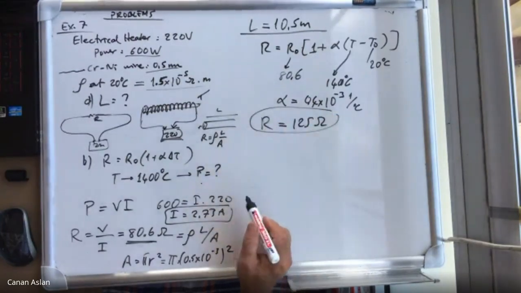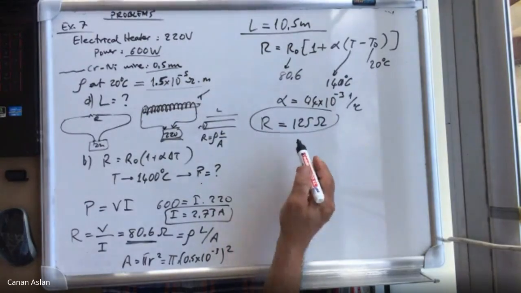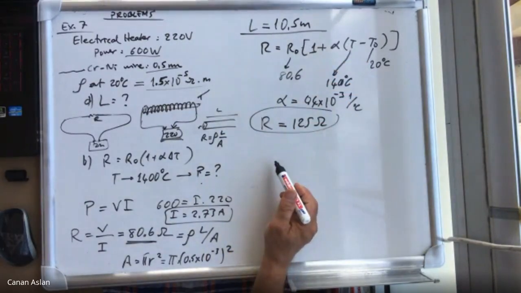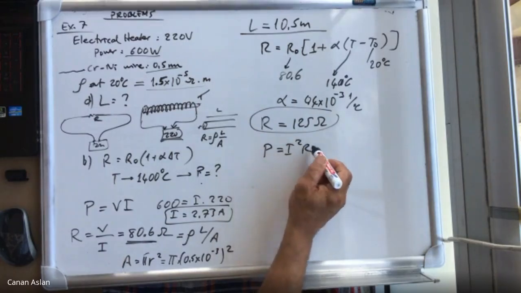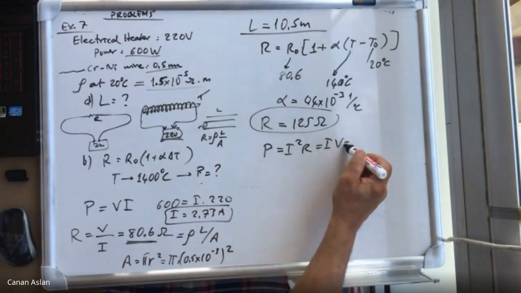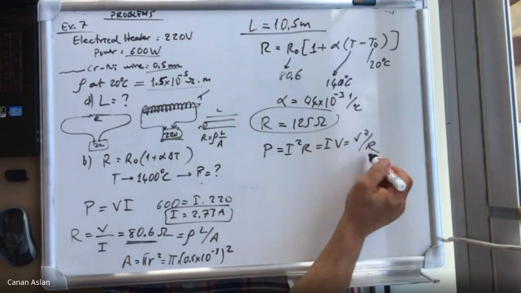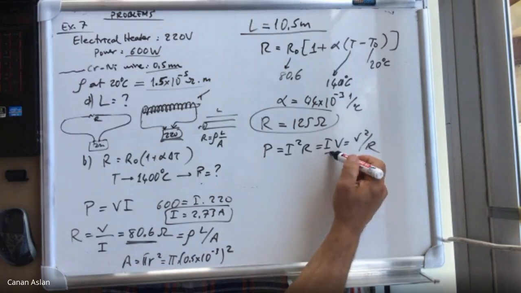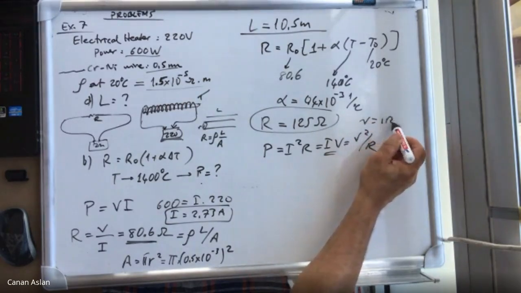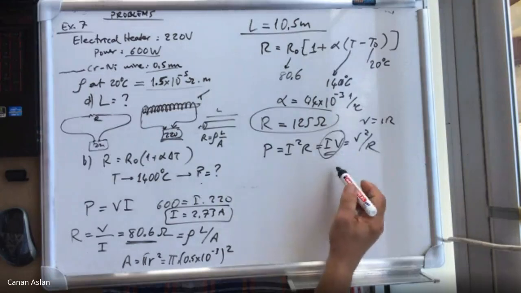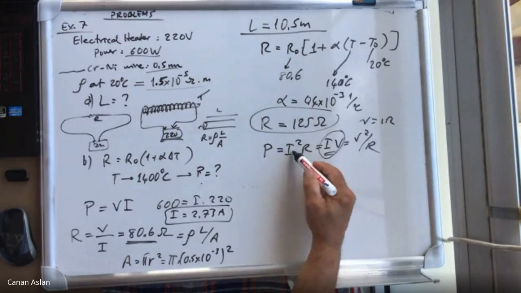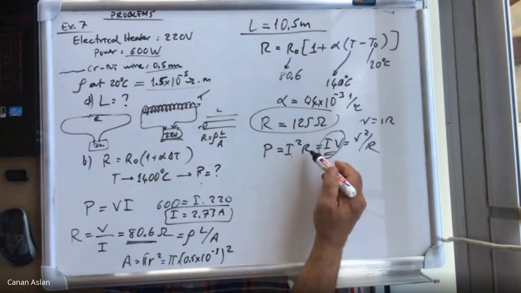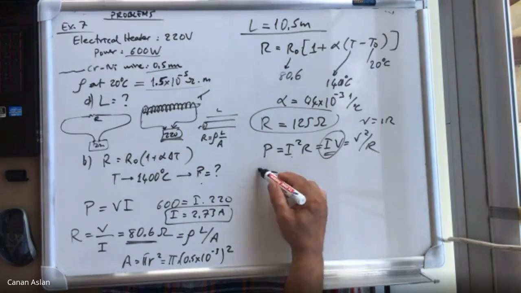Okay, so the resistance increased because the temperature increased. If the resistance increases, then the power, which is I squared R or IV or V squared over R, all these three are the same. Because if you use V equals IR in this part, then you can get either this one or that one. Since the current is given and R is known, then we can calculate the new power,